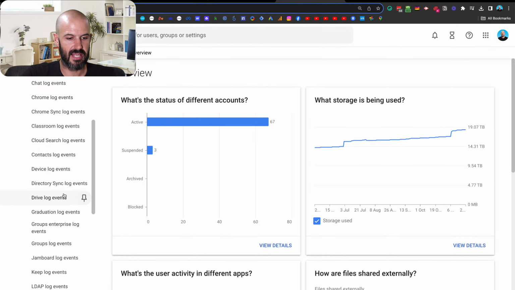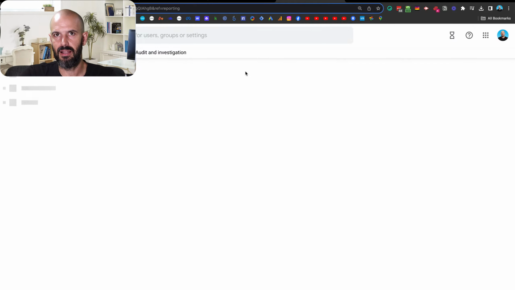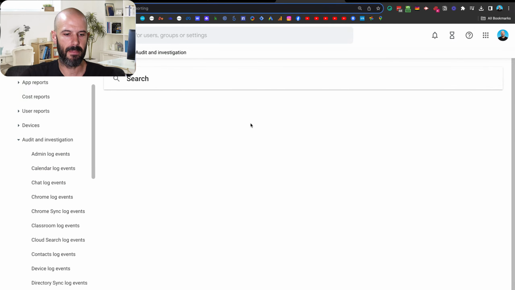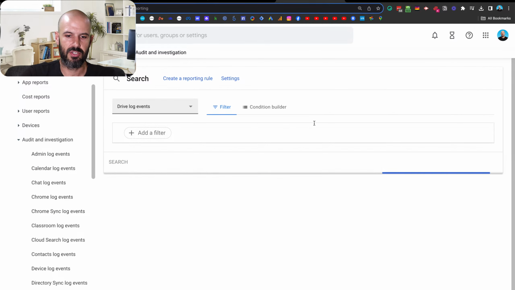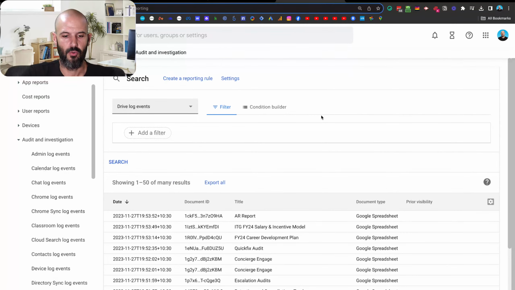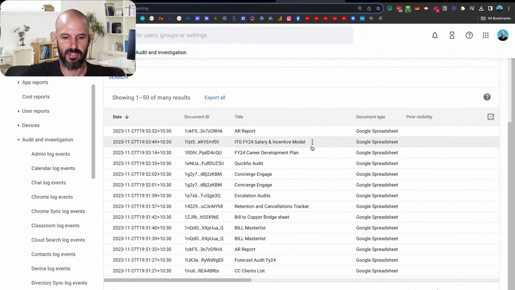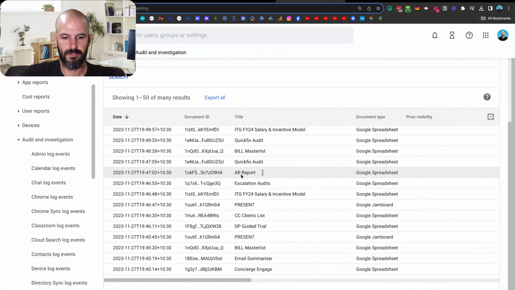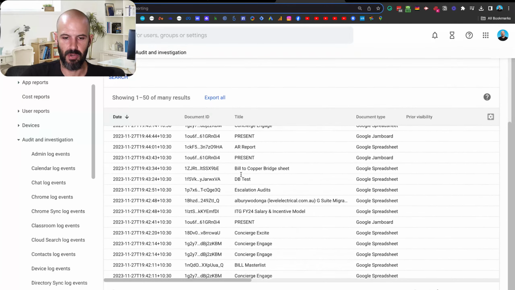And just as an example, I'll go into Google Drive here, and this is going to show me every file action for every single person inside my company. And I can do a search and drill down on that a little bit further if I wish to. But from here, you'll be able to see that this is going to show me all of the events happening inside my Google Drive right across the business. So you can see here on a Google spreadsheet, we've got all of the changes that are happening to all the different spreadsheets that are inside